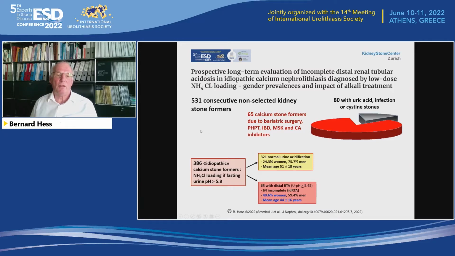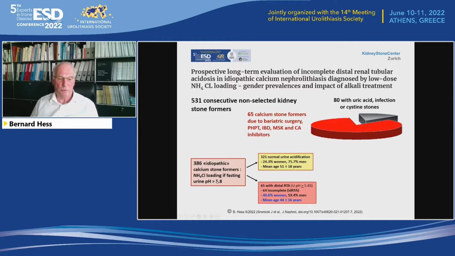It's based on a consecutive stone forming group of 531 non-selected kidney stone formers seen over 11 years. 80 of them had uric acid, infection, or cystine stones, so they fell apart. 65 were calcium stone formers due to a secondary form of disease: bariatric surgery, primary hyperparathyroidism, inflammatory bowel disease, medullary sponge kidney, carbonic anhydrase inhibitors. So we were left with what we believed were 386